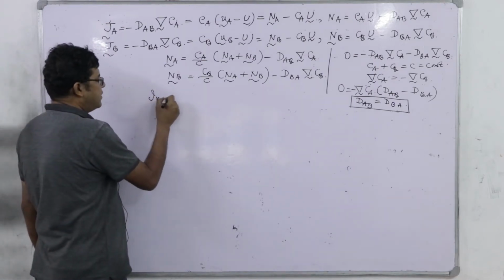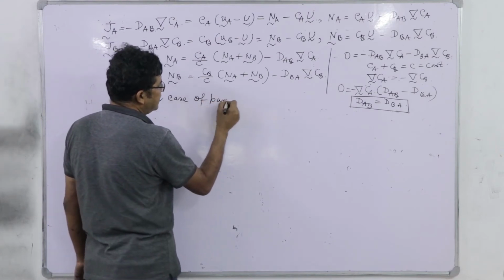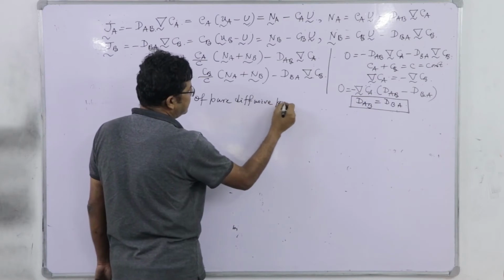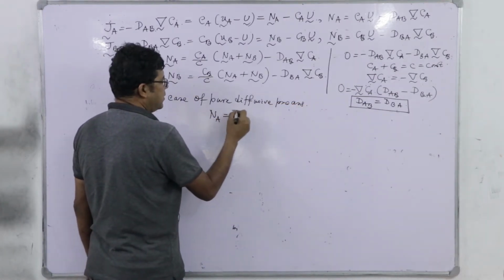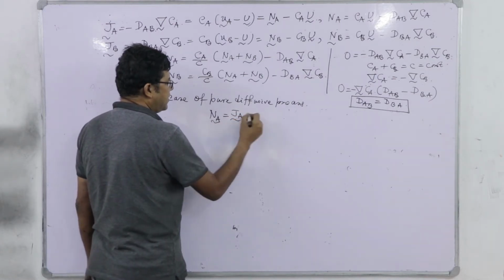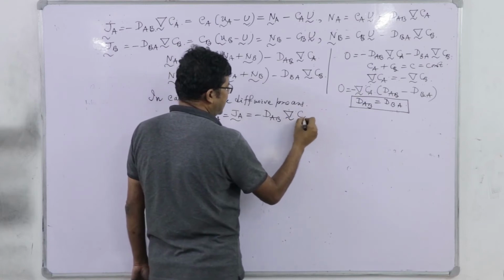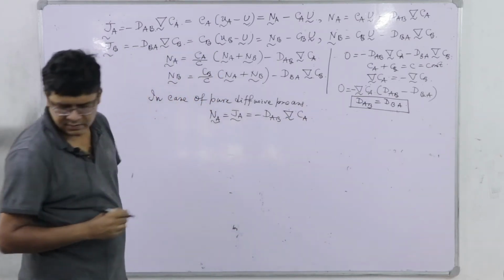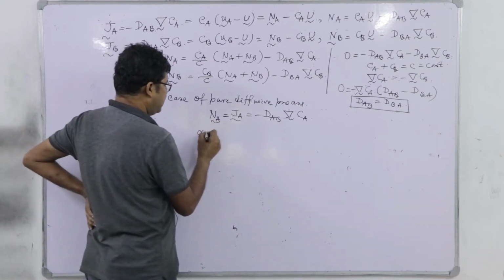So, in case of pure diffusive process, Na equal to Ja equal to minus of dAB into grad of Ca, right. And you see that diffusion velocity